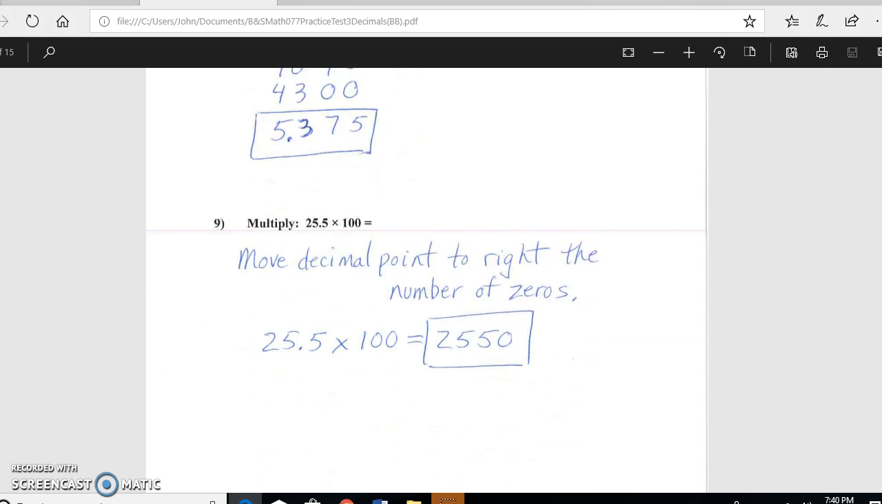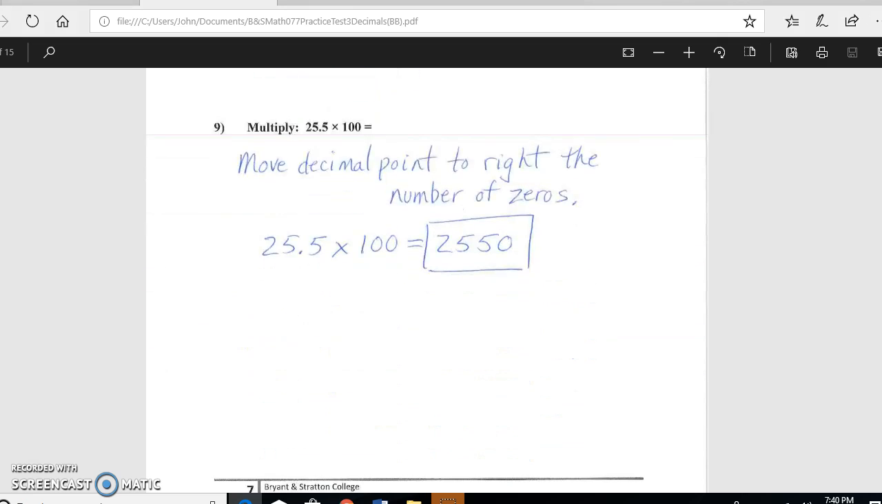And on problem number 9, we are multiplying 25.5 times 100. Whenever I'm multiplying by a factor of 10, which is 10, 100, 1,000, and so on, I'm going to move the decimal point to the right the number of zeros that I have in the factor of 10. So that's what I've stated here. Move the decimal point to the right the number of zeros. And I have 2 zeros in my factor of 10, so I'm going to move that decimal point 2 places